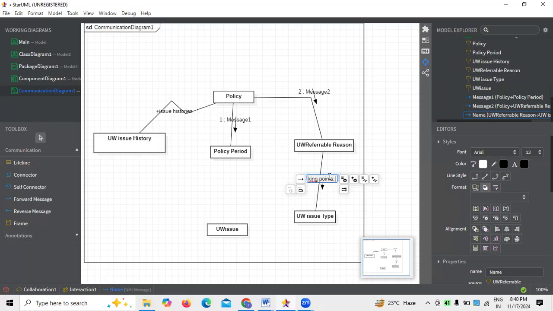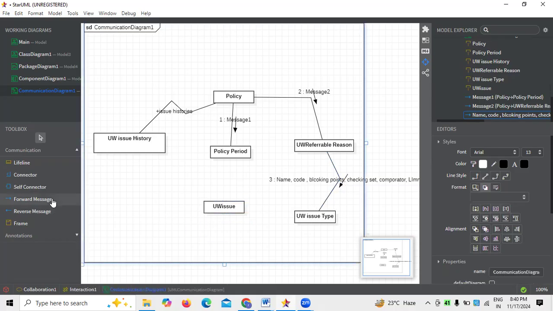or if you want to connect any kind of checking sets, everything we can say. At the same time, if there are any comparators, everything we can say. Followed by this, there are restrictions, where limit only, so that also can be created. So these are all the different elements when we are talking about the issue types, which have to be issued here. Now, when it comes to the underwriting issues, because whenever there are any policies we have created,